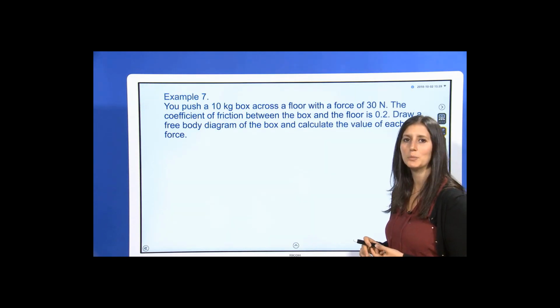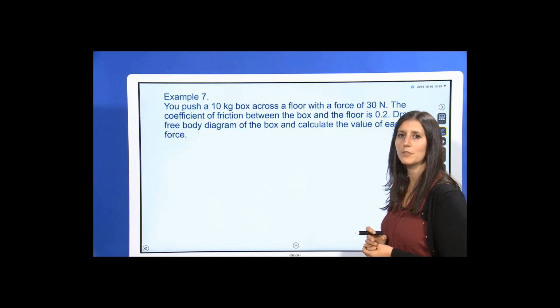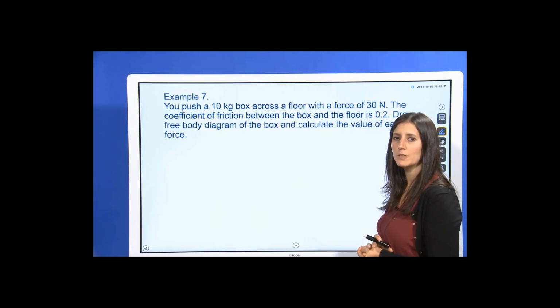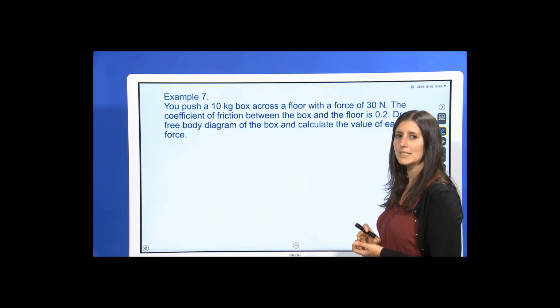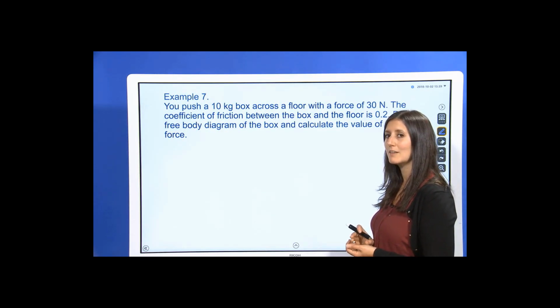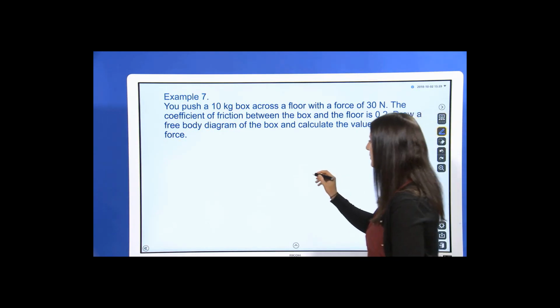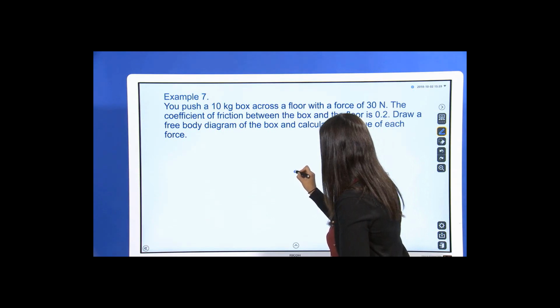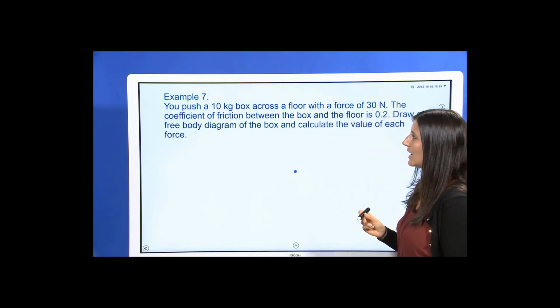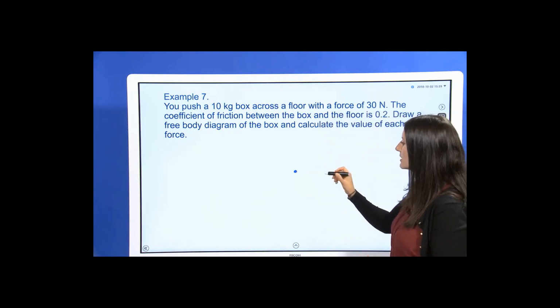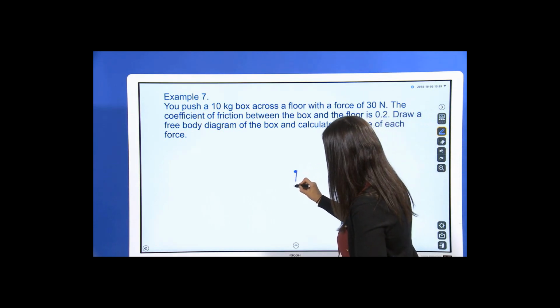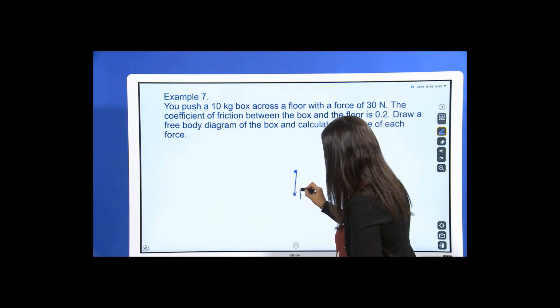Okay, next example. You push a 10 kilogram box across the floor with a force of 30 newtons. The coefficient of friction between the box and the floor is 0.2. Draw a free body diagram of the box and calculate the value of each force. So first I'm going to draw a dot to represent my box. So this is my box. And what forces are acting on it? So there's always the force of gravity pointing straight down. So this is my force of gravity, and Fg